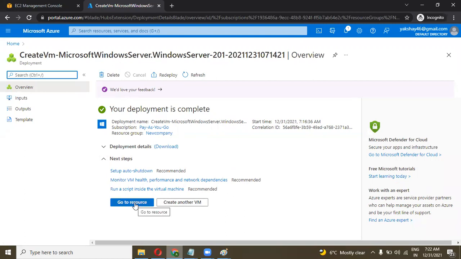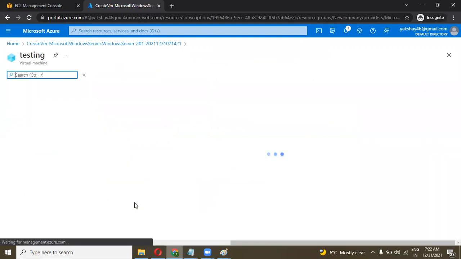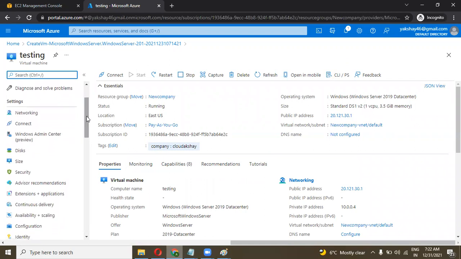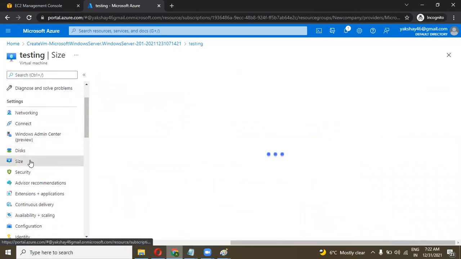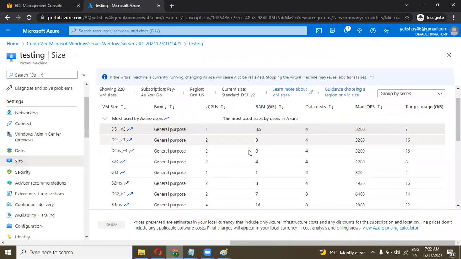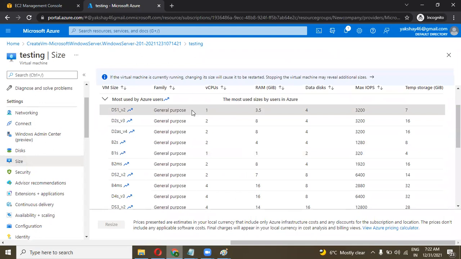Go to the resources. Okay, so these are the limits of a VM.